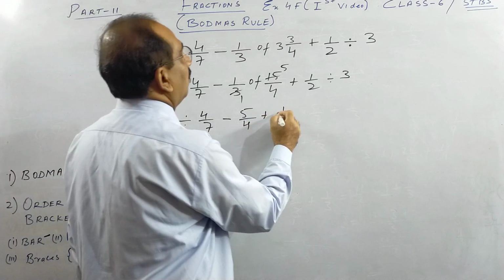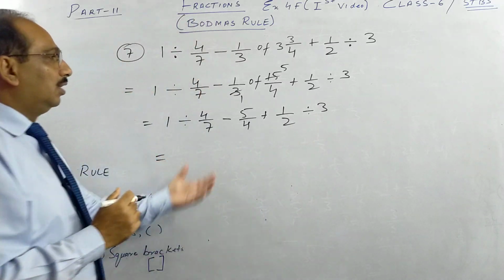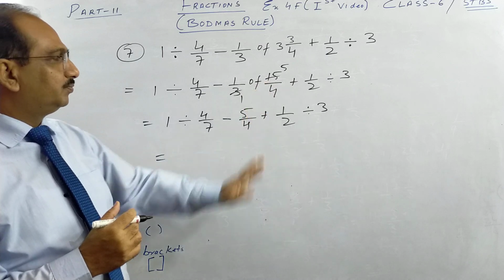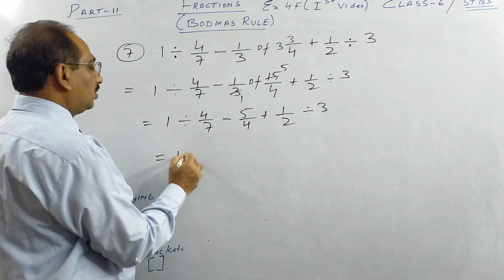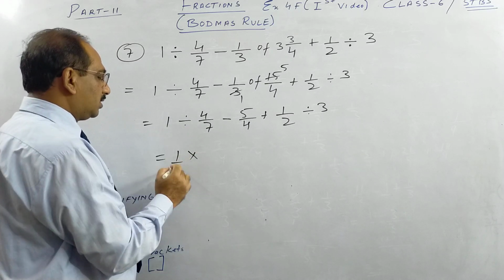So please repeat all the other things I said. You have a lot of repetition to do over here. So first I have done the off. 3 cancels with 15. Now next I'll go, there are 2 divisions. So I'll do both. When it becomes division, nothing is there in the denominator here, means it's 1.